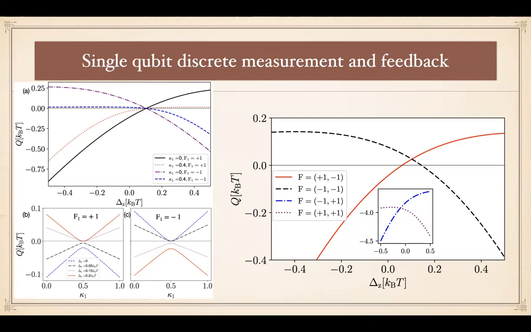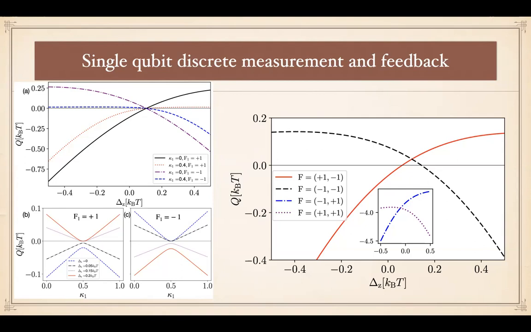And these are the results in terms of kappa 1, which is the coupling strength. You see that depending on whether you do a positive G rotation or a negative G rotation, you get cooling for different coupling strengths. So they get flipped. You see that delta G equals 0 and delta G equals 0.05 give you heating when F1 equals +1, but they give you cooling when F1 equals -1. +1 and -1 mean whether you go to the positive G direction or the negative G direction after feedback. So it really depends on how you should do the feedback depending on your coupling strength.